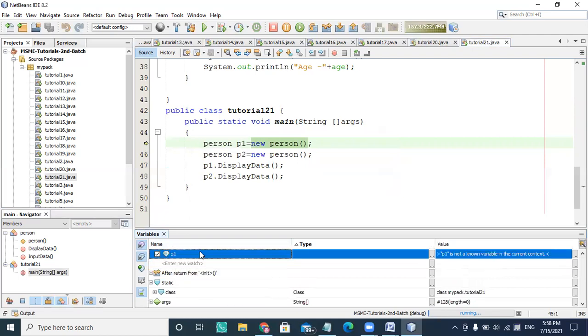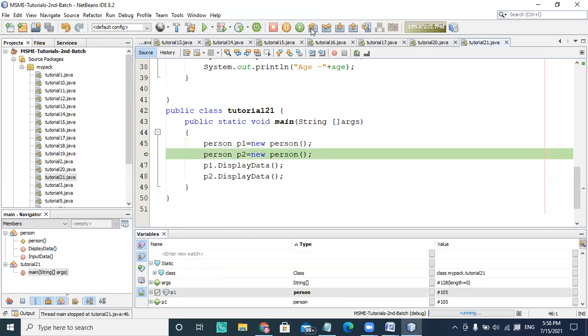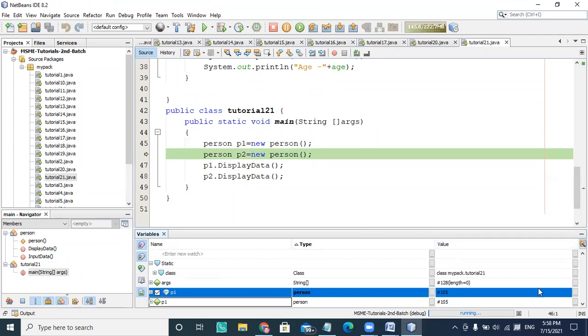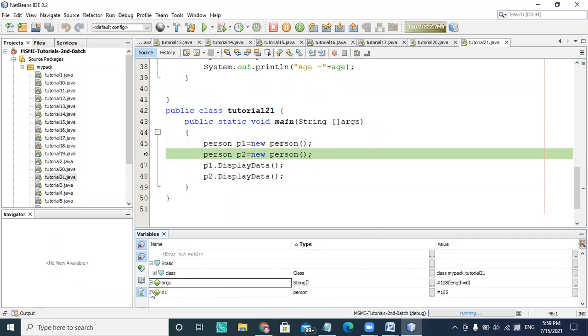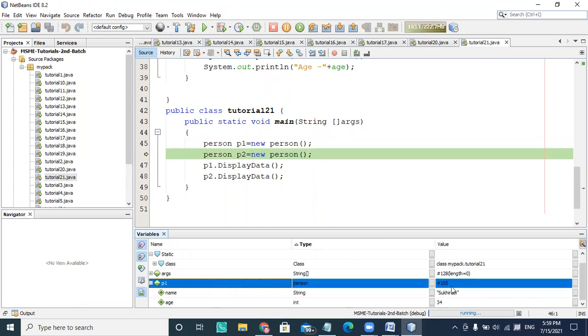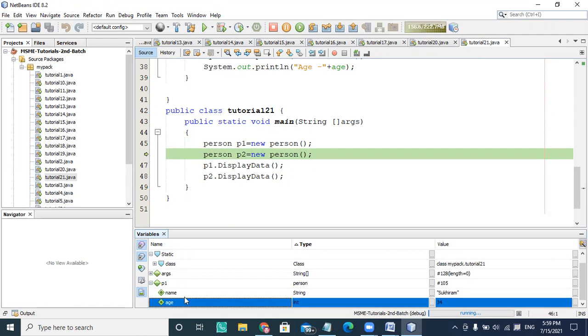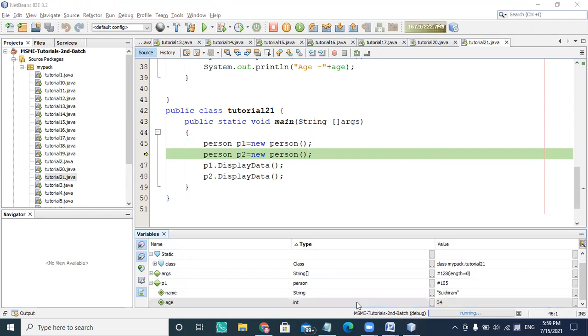Once you move to the next statement, at that time P1 gets initialized here. If you look at that P1, P1 has the address 105, and these are the two data members. P1 has name and age, and the Sukhiram and 34 values are there.